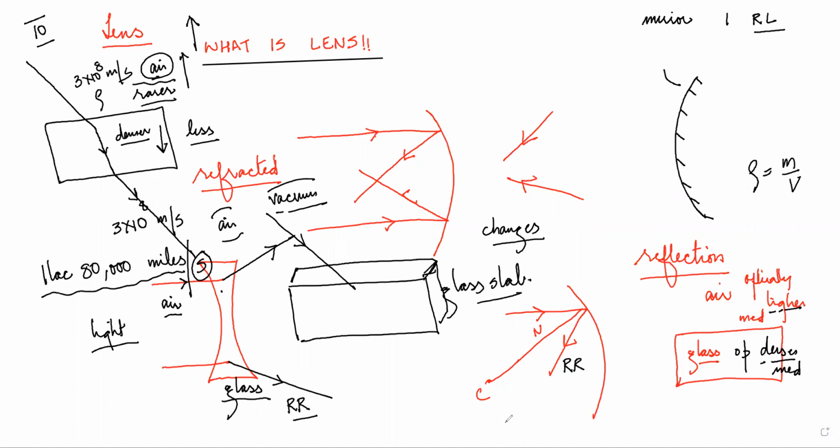Very interesting physics. So students, here you have seen, because light is going like this and then it's getting scattered to a bigger area, we say this is diverging. So we say your concave mirror is convergent, your concave lens is divergent. Exactly the same thing. You talk about your